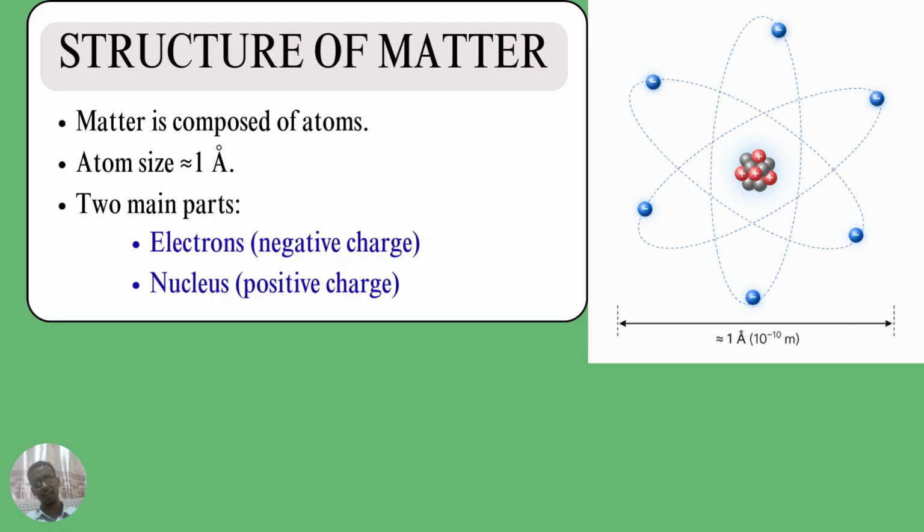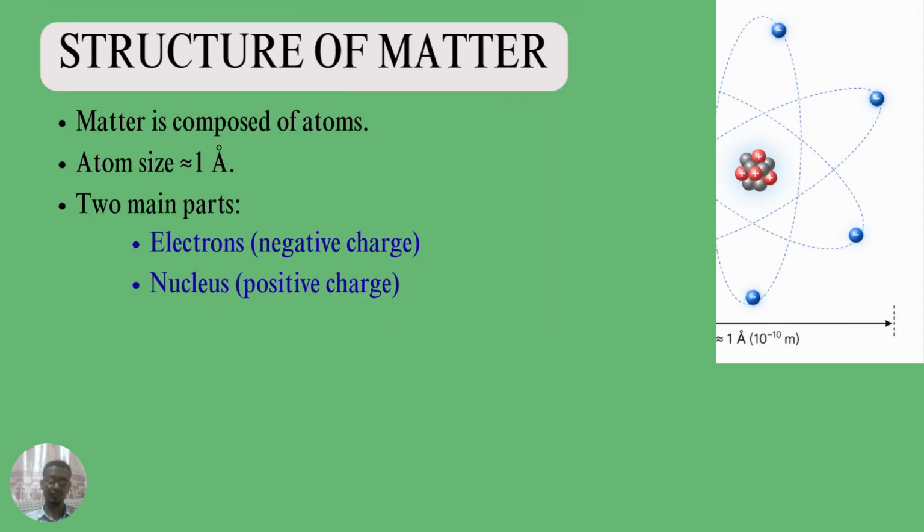And it contains two parts. The outermost part is the electron, which is negatively charged, and the inner one is the nucleus, which also contains two particles, proton and neutron, where proton is positively charged and neutron is neutral,